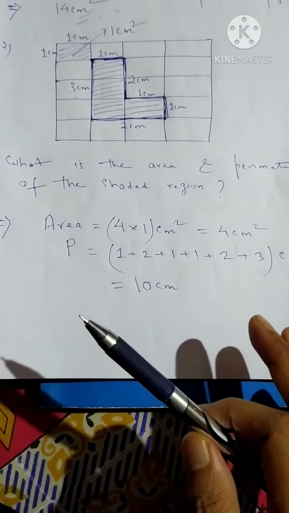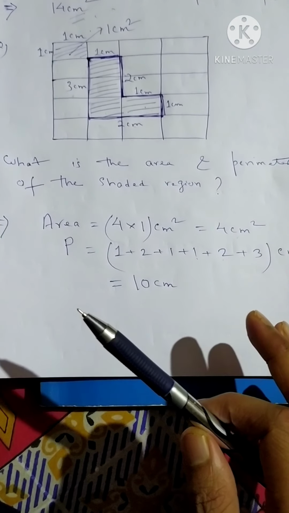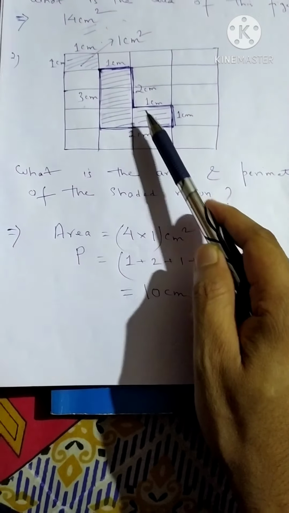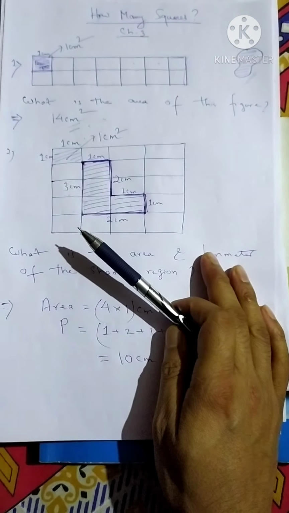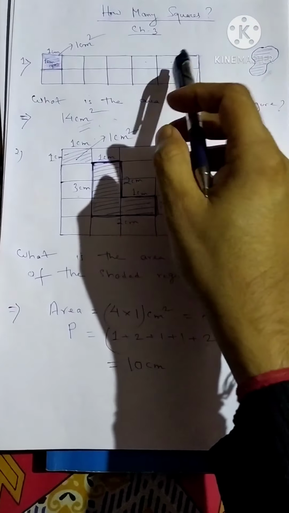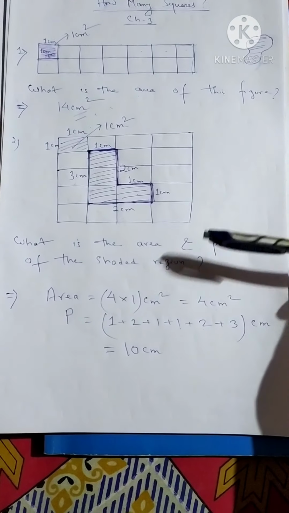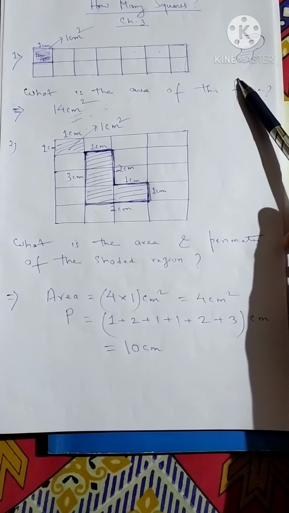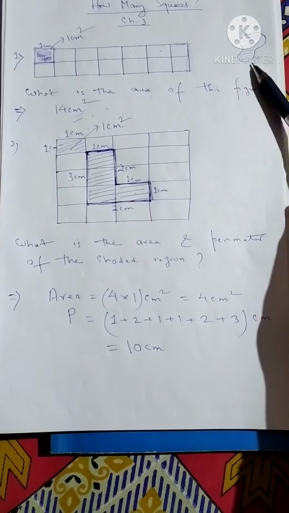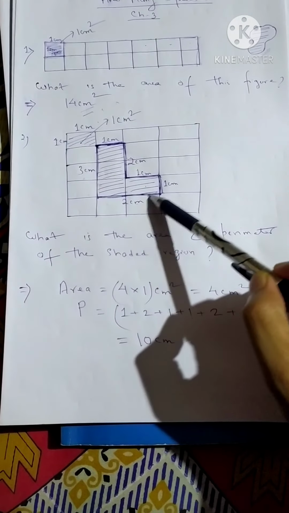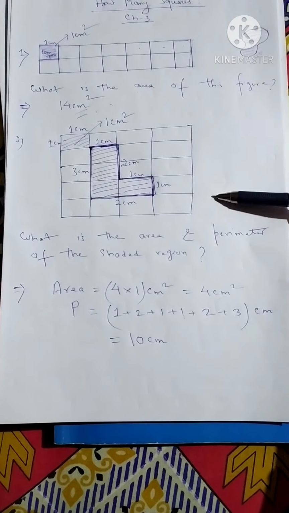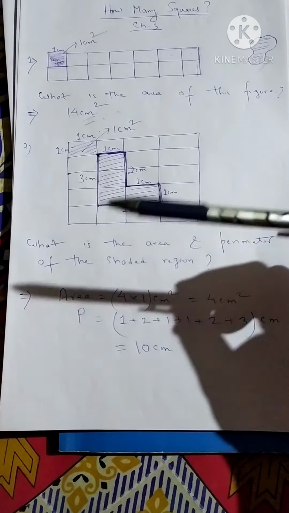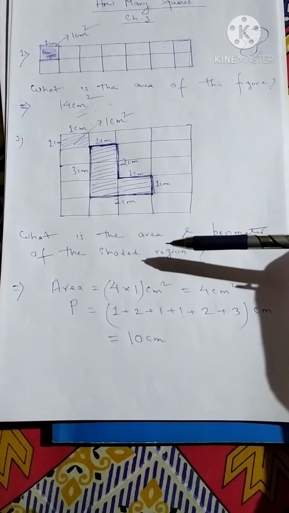Okay, so in this way, you have to find the area and perimeter. Now here an L shape is given, and in the previous one a rectangular shape was given. But when we do more sums, we will find the area of irregular figures. Any type of figure will be given and you have to find the area. So this is just the introduction. Today I am not giving any homework. Just go through this video very carefully.